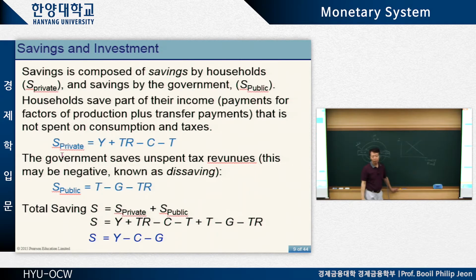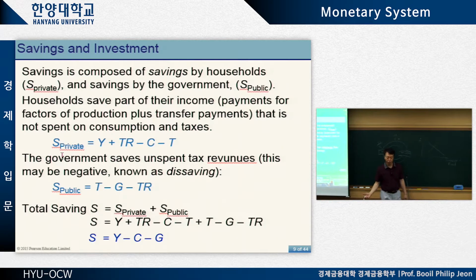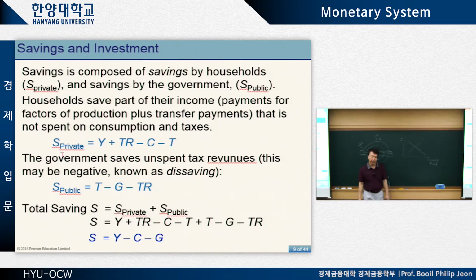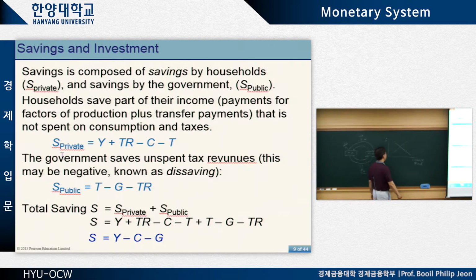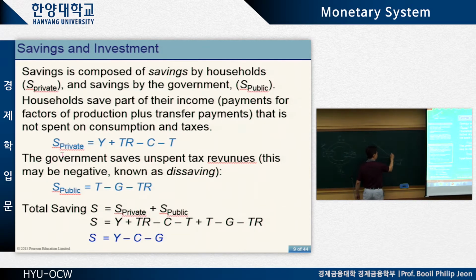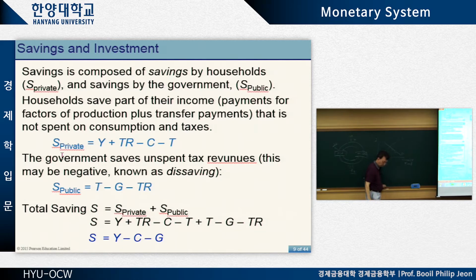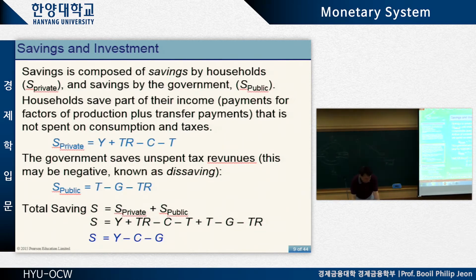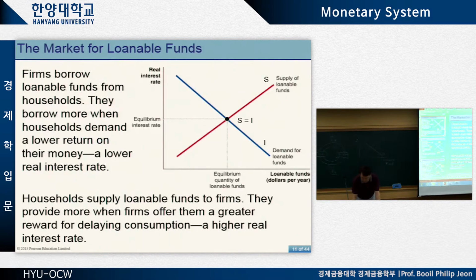At this point you can use nominal interest rate, or if you want you can use real interest rate. It doesn't matter, right? But when you borrow money, you have to pay interest, right? When you supply money, you receive interest, right? So that's the price of money. Okay? All right, so we have supply and demand. Right? We can skip to this slide for a while. Right? So take a look at this slide.